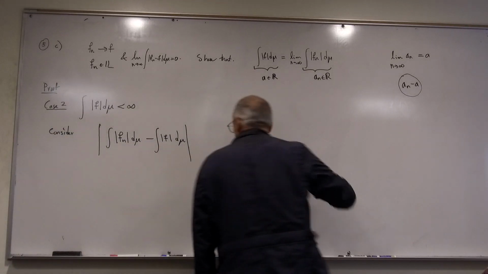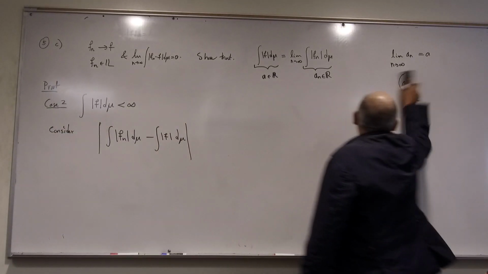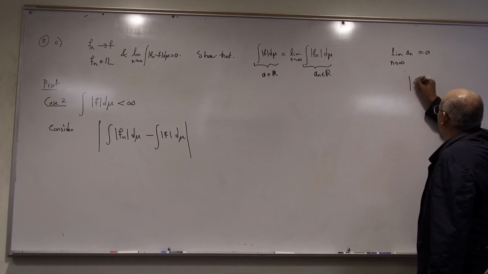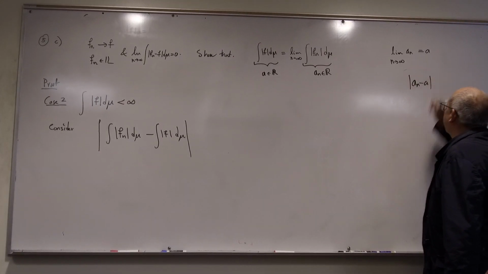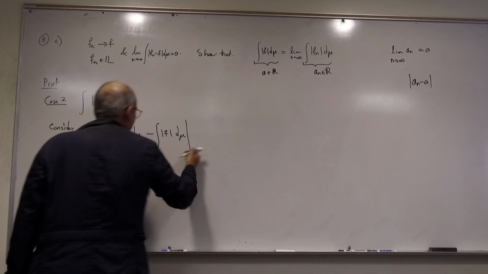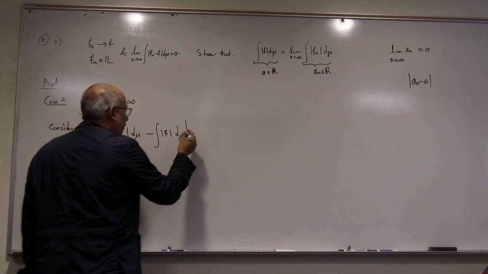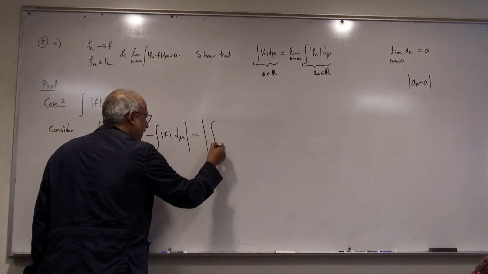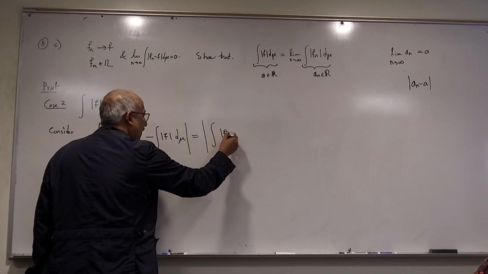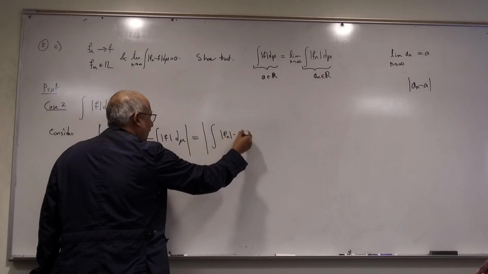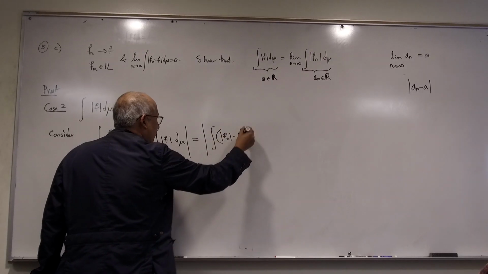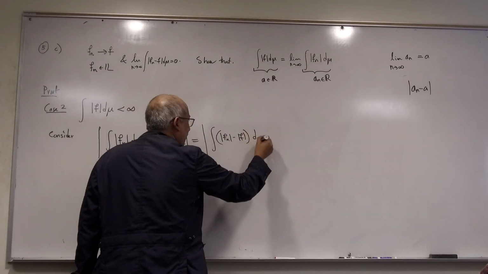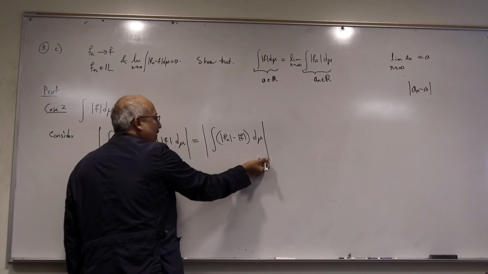So not that one. I lied to you guys. I'm sorry. I'm not going to consider that. I'm going to consider a_n minus a. All right. So this is equal to, I can combine these two integrals into a single integral. What is it? Integral of f_n minus f, absolute value, d mu, and I can bring this absolute value